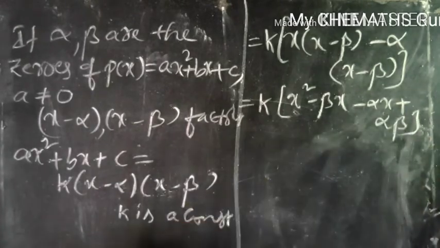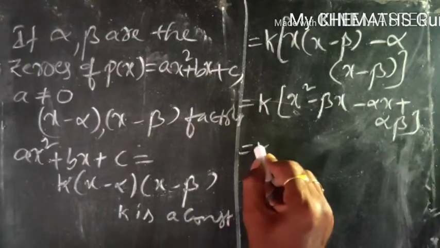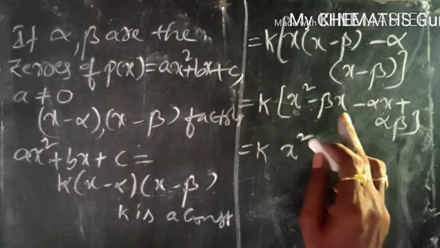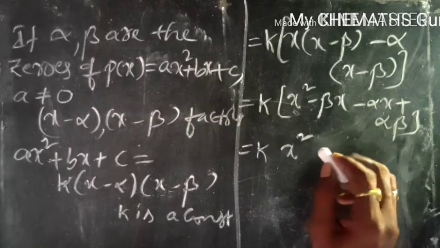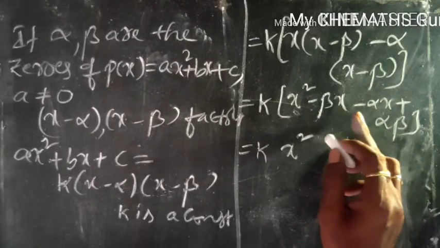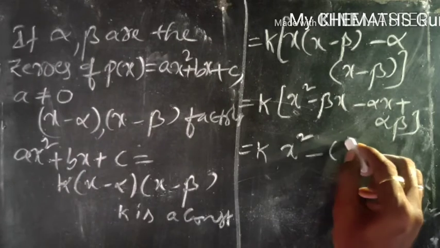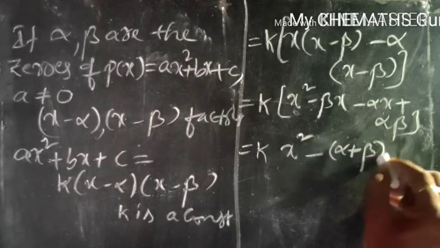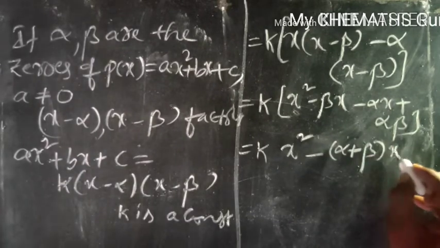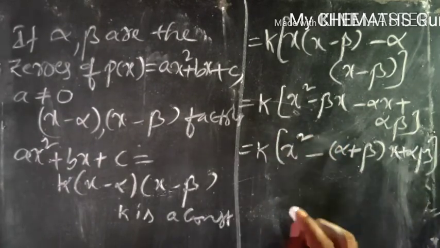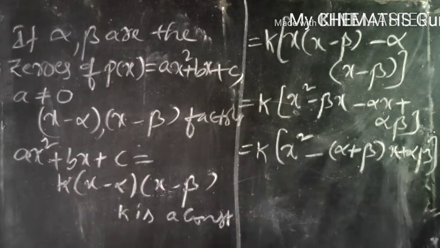Is it clear? Now k into x square, write the x terms together, so we can take x common as well as minus, so that it can be written as minus of alpha plus beta into x, plus the remaining term, alpha beta. Okay, so this is a quadratic polynomial